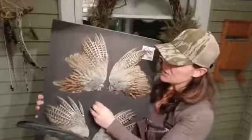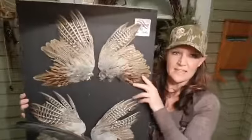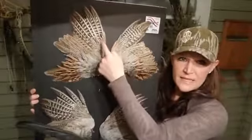And basically what I do is I take the wing and I spread it out, and I don't think you can see it, but I basically pin it anywhere where I can hold open that wing between different